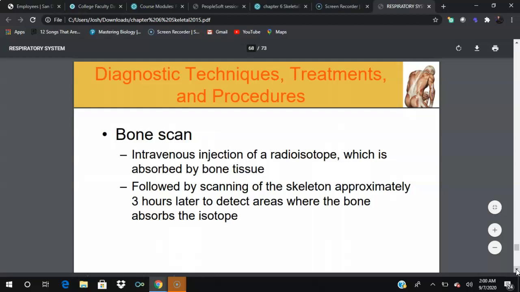And then you can pass a gamma scanner over, and where you see areas of greater reabsorption, that will be seen as dark areas on the bone as opposed to lighter areas. It can determine something called hotspots. We generally will use a bone scan when we are trying to detect the spread of cancer, or metastases. If something starts in one area and metastasizes to the bone, you can get an idea of where that